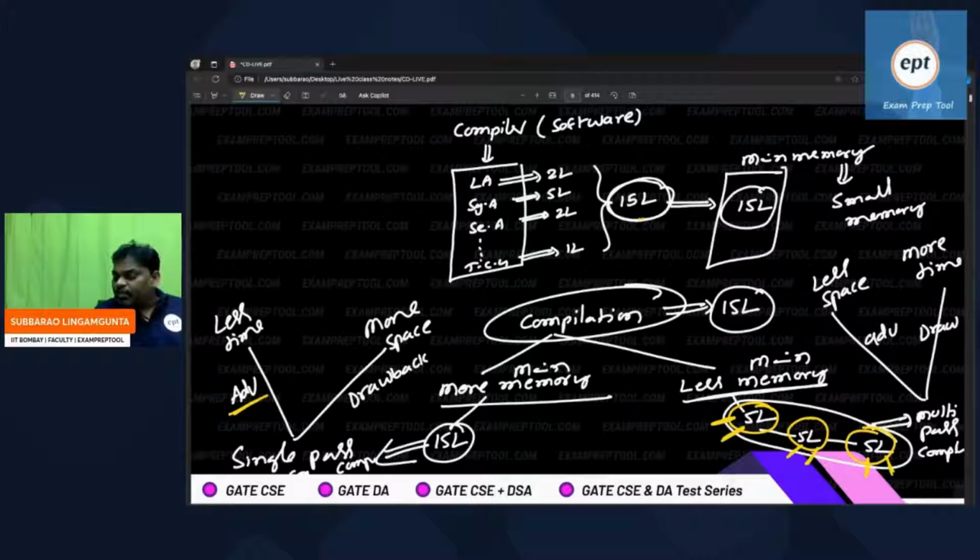Some people are saying, sir, 5 lakh lines of code also cannot be accommodated. Maybe then there will be 5 passes, maybe 4 passes. Passes will increase. Suppose it can accommodate 8 lakh lines of code, then maybe 2 passes. It depends upon how much memory you have. If you have very little memory, I can still run. The only thing is more passes, so more time. Is it perfect?